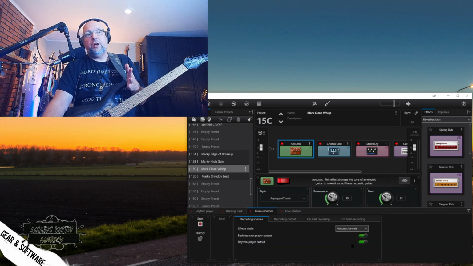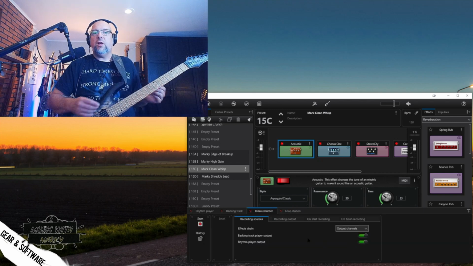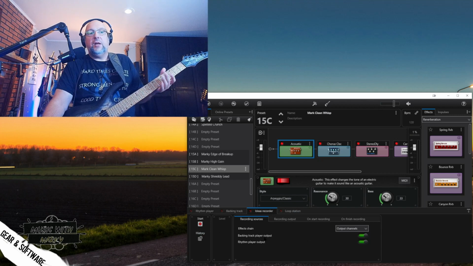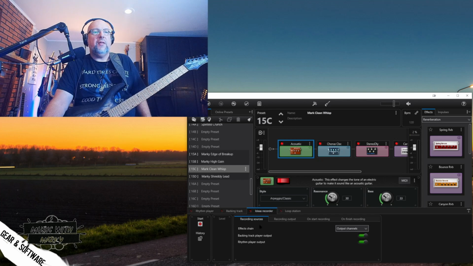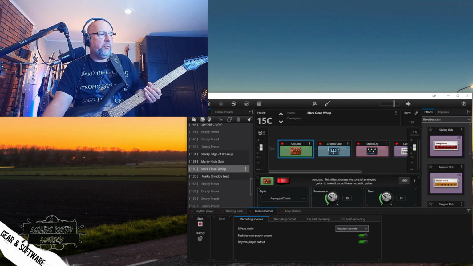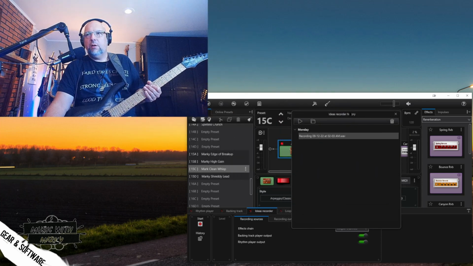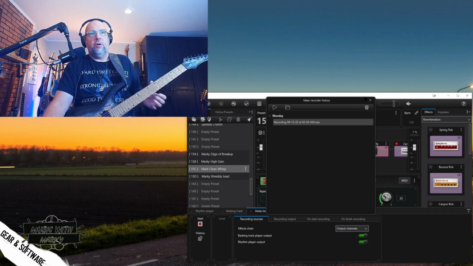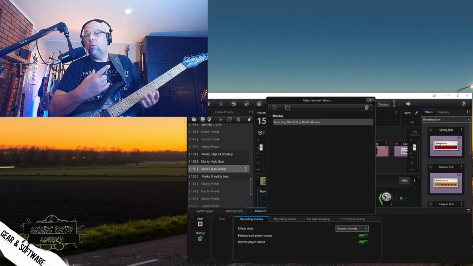The ideas recorder here is really cool. If you're playing something and you like it and you don't want to forget it, you can put it in here and just record it as an idea, and then it saves it for later. So if I click history, it's going to open this separate window. I have it on another monitor there. It's going to keep my recordings in there so I can have a complete library of all of my ideas, and it remembers which sound you recorded it with and everything too,